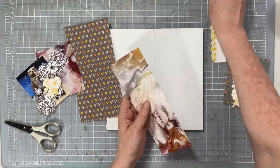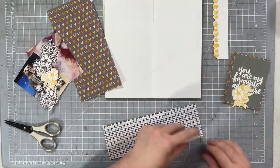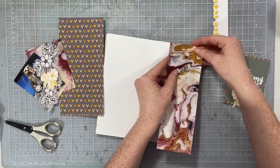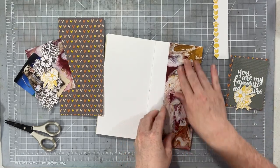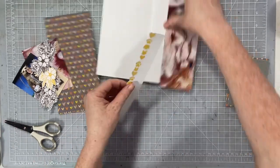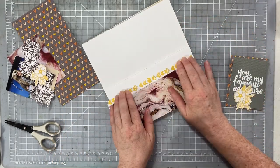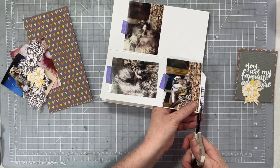So you can kind of see what I did with that border. I just fussy cut one edge of the paper and then trimmed it off. It gives me a nice border to be able to tuck underneath. So here's where we just kind of stick and go with it. I'm gonna put the marbled paper down, get it lined up with the edge of my notebook, and then I can just tuck in that little border piece down the side. And then we can trim it off and add